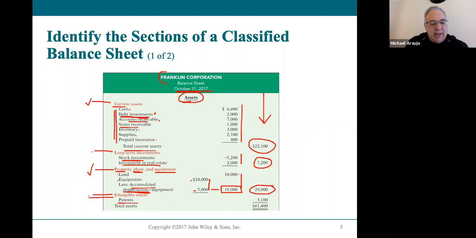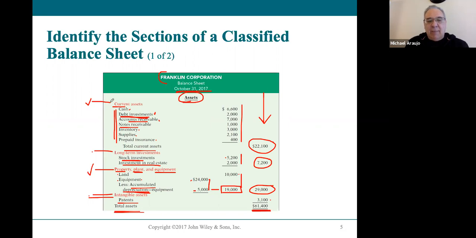Here, this particular company has a patent. A patent, and again, is the government recognition, official recognition, that you own an invention. That invention might be a pop-off bottle, might be a drug, might be a MacBook, because Apple's got a lot of patents as well. But it's an invention, and it's an official legal recognition that you're the owner. Okay. So they have a patent, so they created something. And then they have total assets here listed at